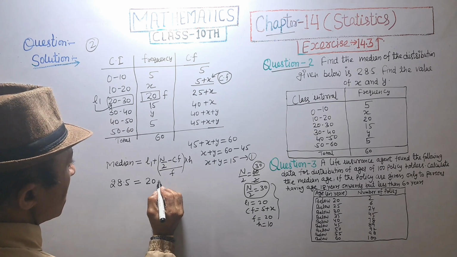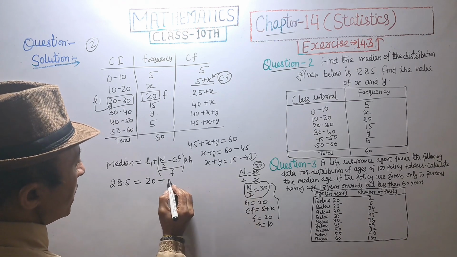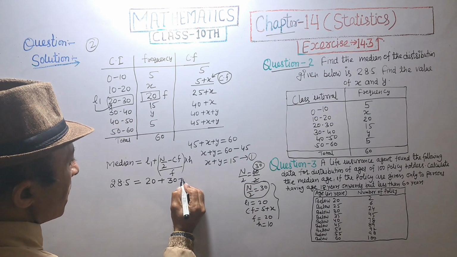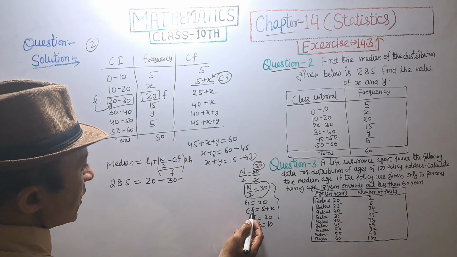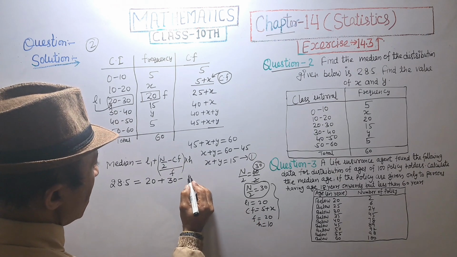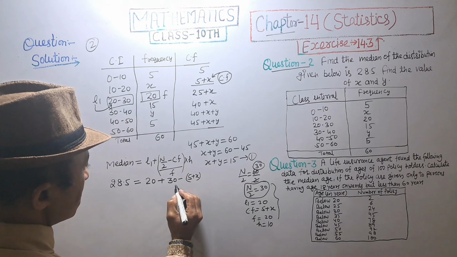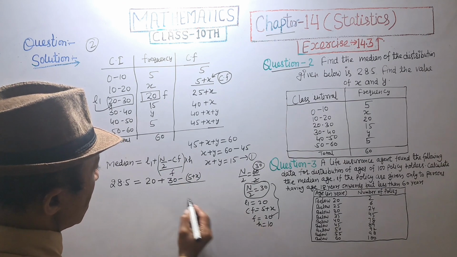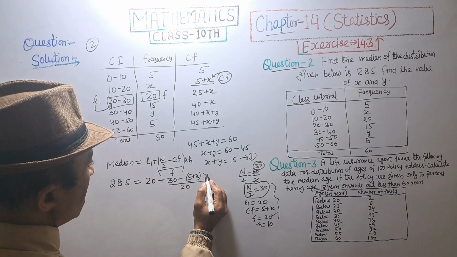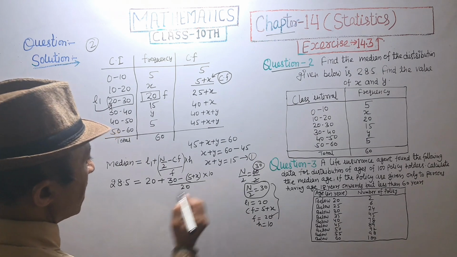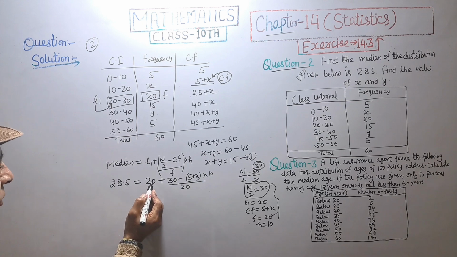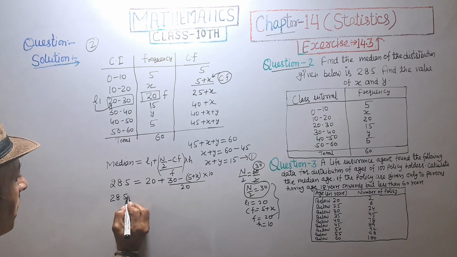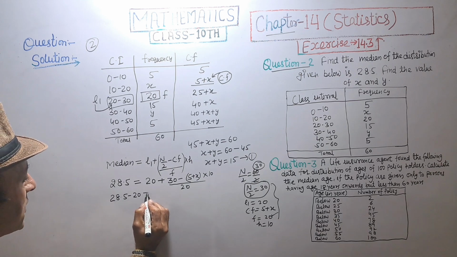Putting the value of L1, N/2, CF, f and h in this formula, we get 28.5 equal to 20 plus 60 upon 2, that is 30, minus CF, cumulative frequency, that is 5 plus x, divided by f, 20, multiply by h, 10. Shifting 20 to the left side, 28.5 minus 20 is equal to